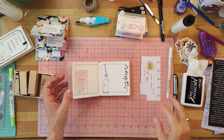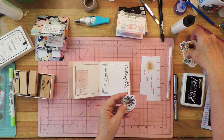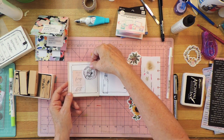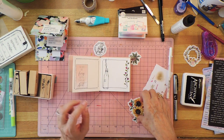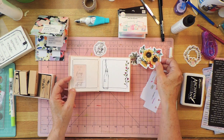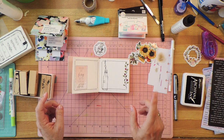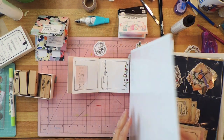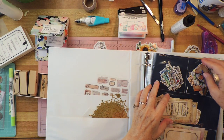Okay, now I want to use some stickers because I bought some recently and I really like them. That looks a little too important to me. That's kind of too big for this page. Therefore, I'm going to get out my other stickers. I have some of these book ones and little building ones, and